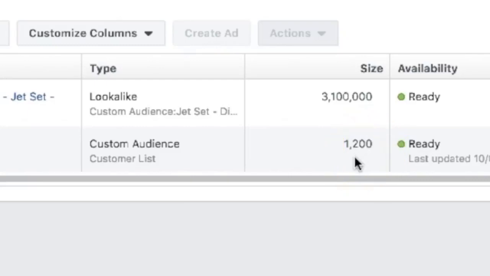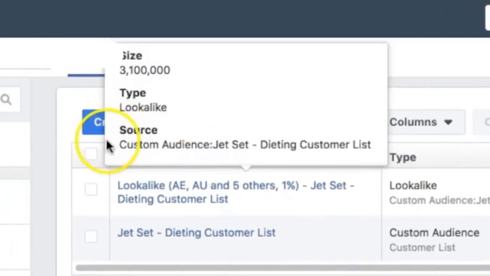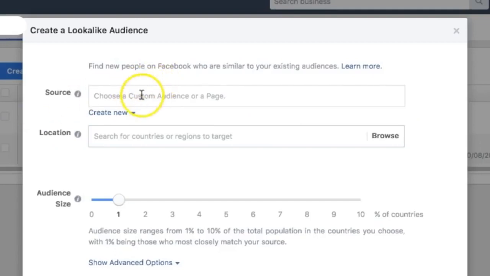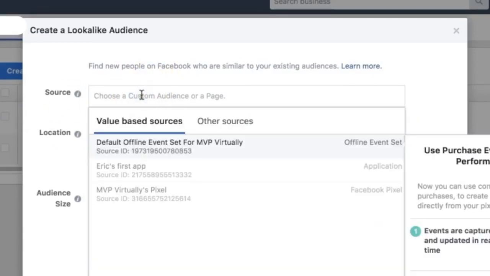Now, if you want to actually create a lookalike audience, the next step is create an audience. Once I actually uploaded that file, I'm going to create an audience. Then I'm going to create a lookalike audience, right? And then the source is going to be,